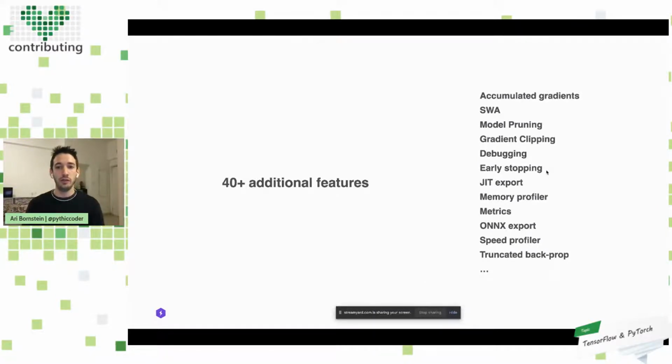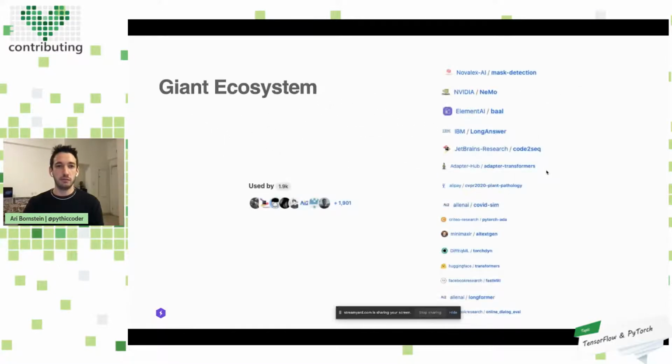There's a memory profiler, integration with metrics, speed profiler, truncated backpropagation, and just a ton of amazing features that, if I as a developer were to take a version of PyTorch that I found on the internet, an implementation of a model, and then try to put these features in, it would be extremely hard for me to do. But if they're using PyTorch Lightning, all I have to do is play with the flags of the trainer, and then I can optimize, quickly experiment, and apply best practices to any model that's using PyTorch Lightning.